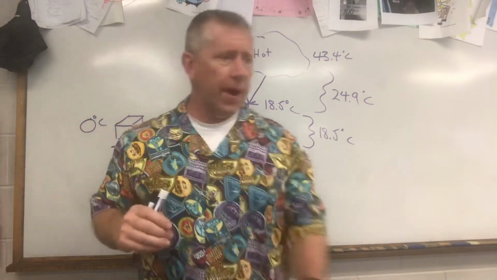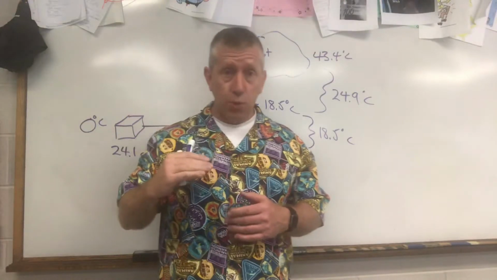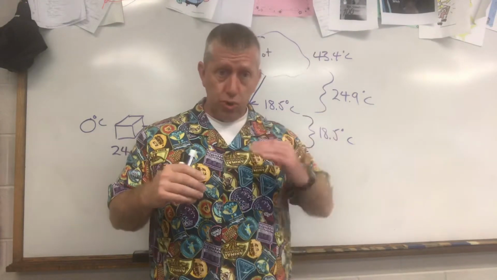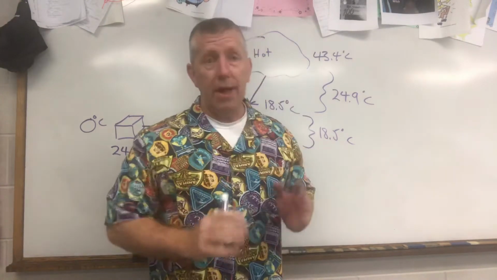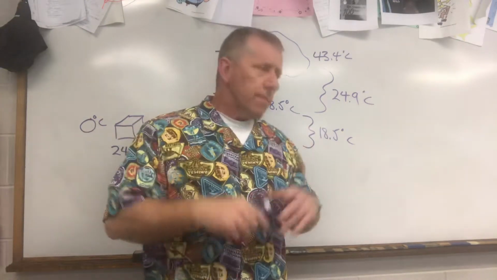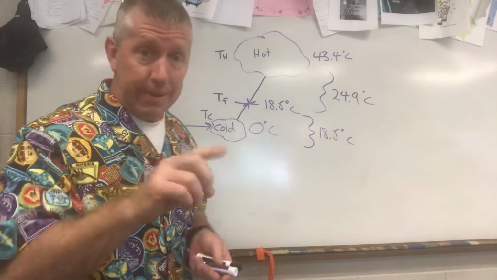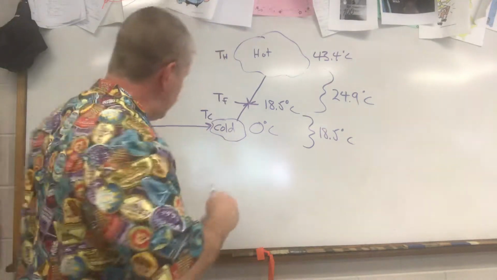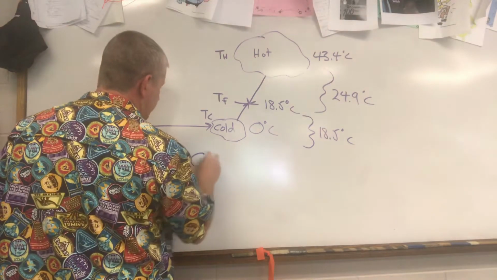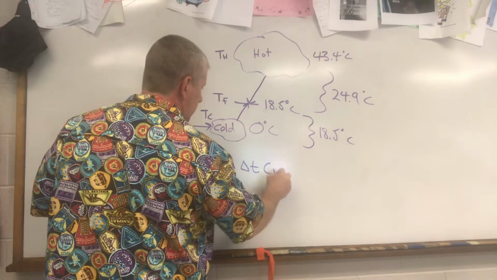There's 6 of them, A through F for each trial. And I want you to show me the work for each calculation for each trial. All right, now, you have to use the heat equation to do calculations A and B, or 1 and 2, however you want to say it. Calculations A and B are done using the heat equation. Q